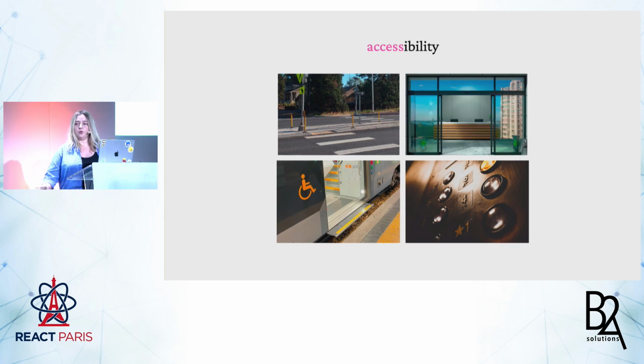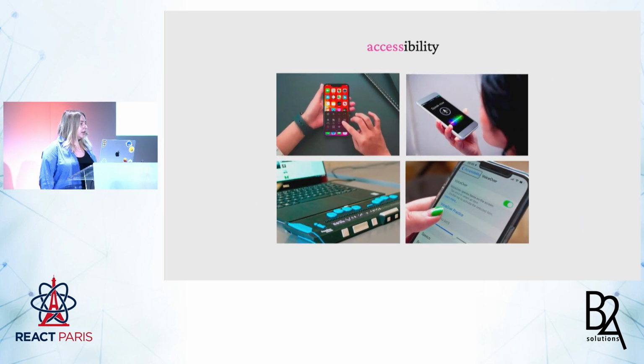But similarly to how curbs can be challenging for somebody using a wheelchair, a lot of the features in our digital products can create barriers for people with disabilities who are using assistive technology. They're using tools like a screen reader, been mentioned a lot, but also there's other, like Braille keyboard, different switch devices, sip and puff tubes, voice control, and so on. And in this talk, I will cover some of the basics of accessibility. Then we will explore several examples on how we can avoid creating accessibility bottlenecks and some of those barriers